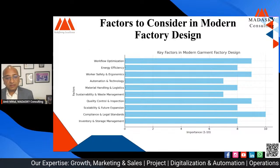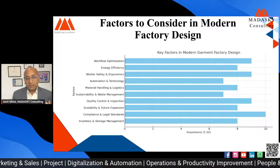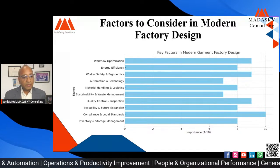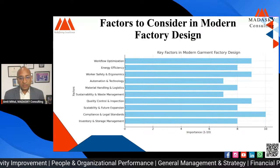What are the factors to be considered in modern factory design? See, this is really important. Like the factors which are impacting, and what is the importance of that factor. If you see, the most important